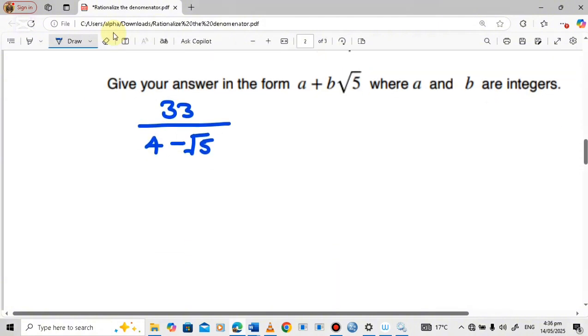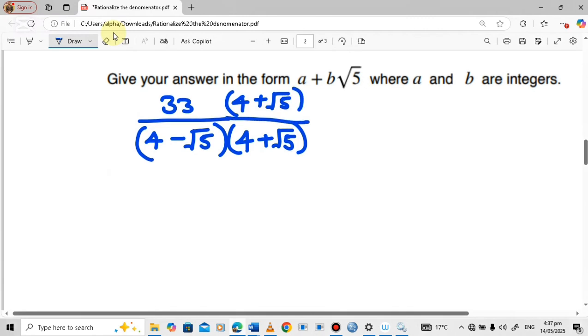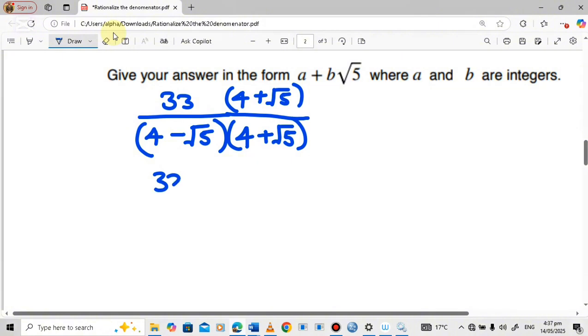So for us to rationalize this denominator, we need to multiply this given denominator by its conjugate. So we are going to multiply this given denominator by its conjugate by saying 4, where there is a minus here, we put a plus, then the square root of 5 like this. So what we've done on the denominator, we also do on the numerator. So 4 plus the square root of 5 like this. Okay, so meaning we're going to have 33 times 4 plus the square root of 5